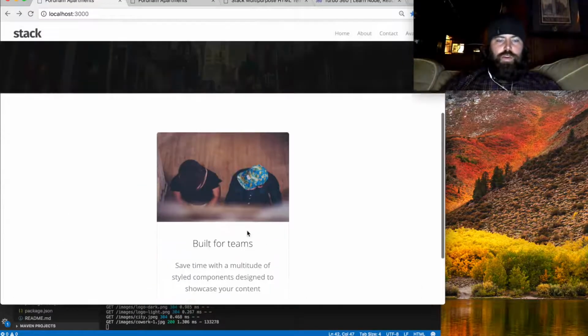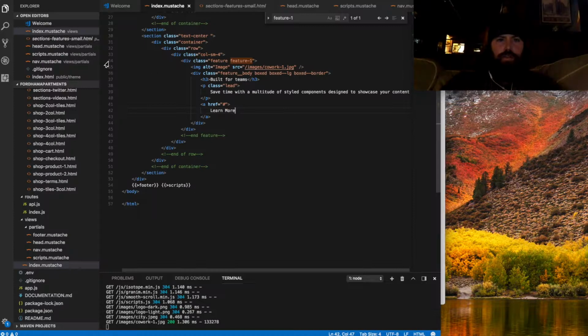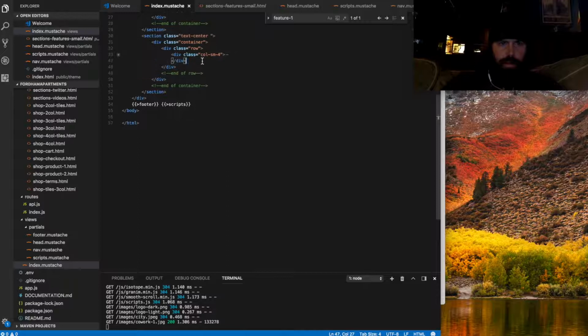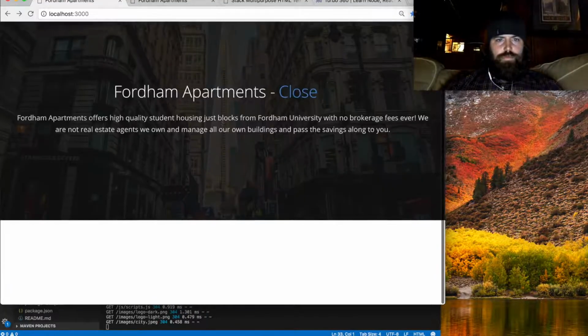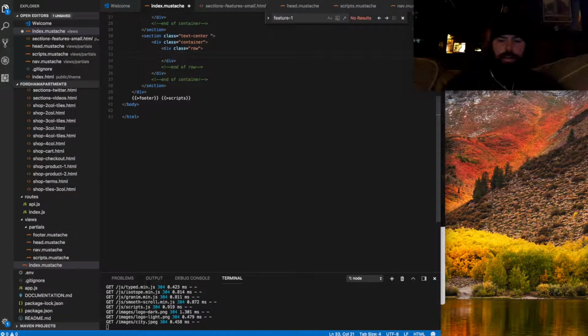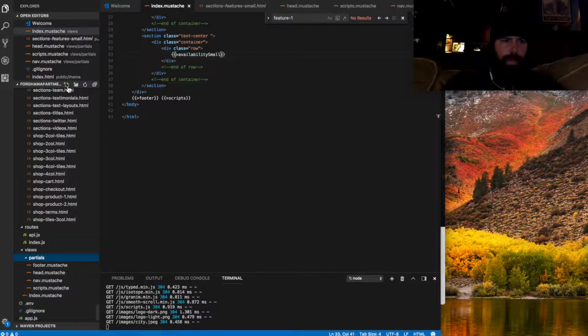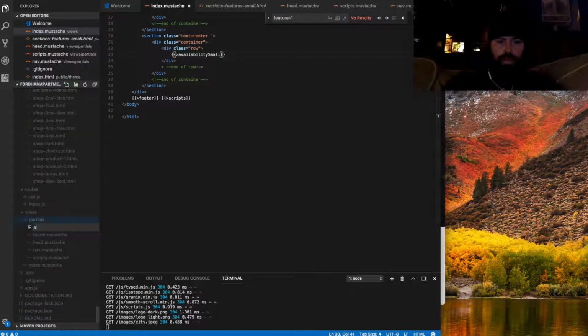And so now we have this 1 image. Now what I want to do is move this into a template file. So what I'm going to do is remove this, so it's gone, and I'm going to call this property, or we said availability small. So now we're going to go into our partials and create a new file called